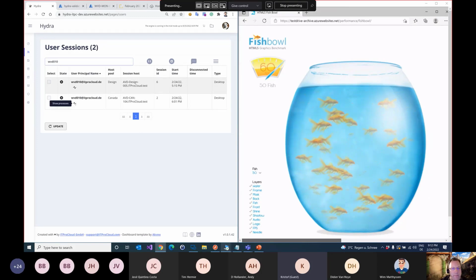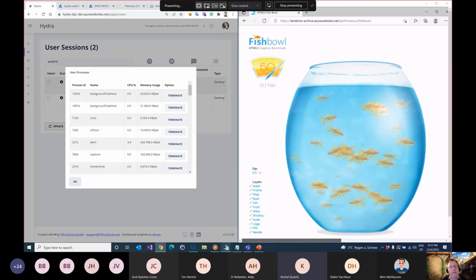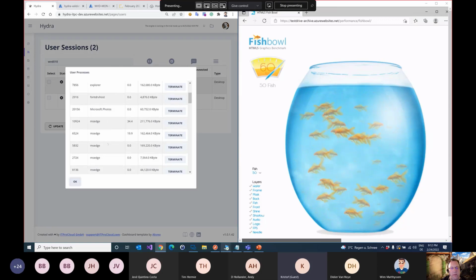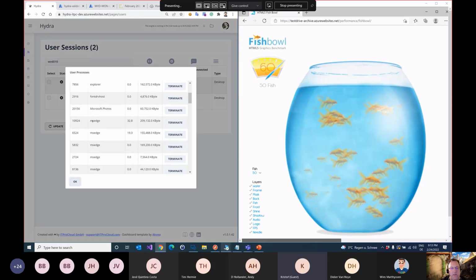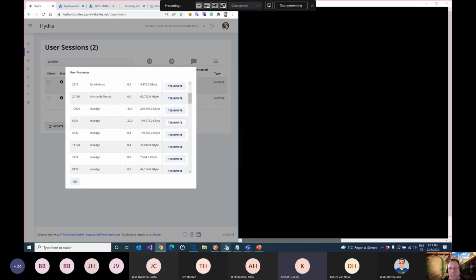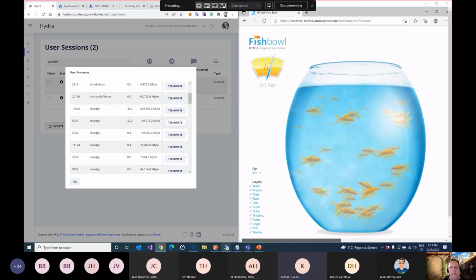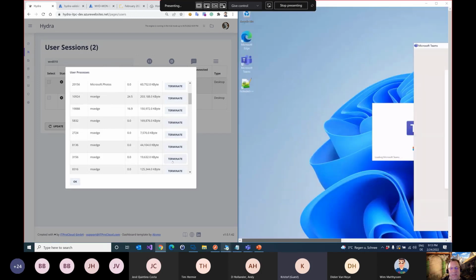And with this icon, I can see in real time the processes the user runs in the session. Here, for example, this is MS Edge, 32% CPU load. That is the memory load. And if I click on terminate right now, it directly kills the processes of the user. And that is pretty cool because the session host is connected, and that is optional, with the Hydra instance,